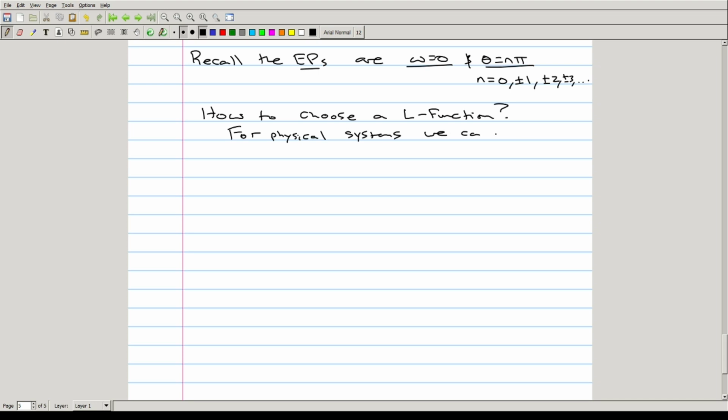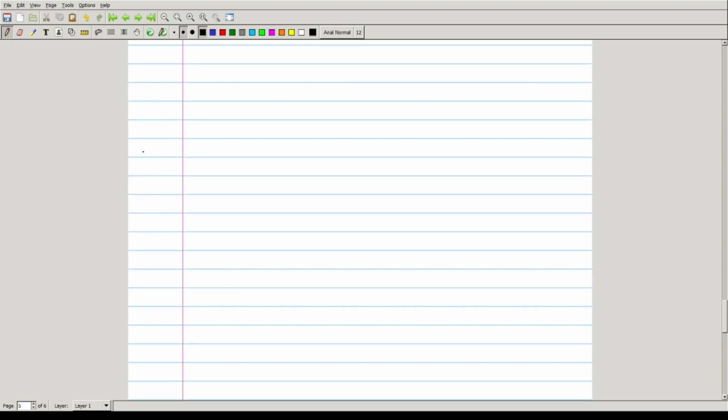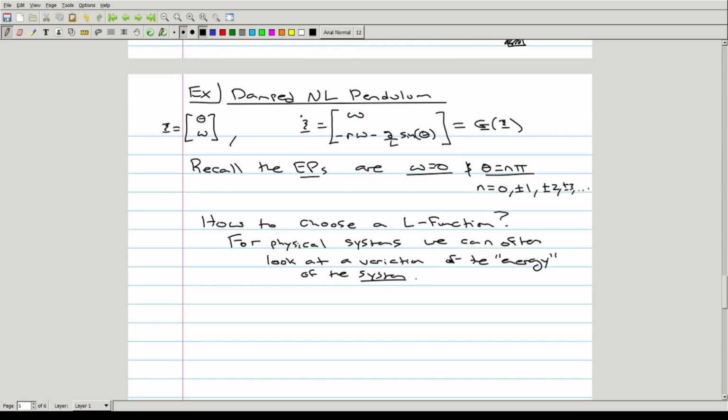we can often look at the variation of the energy of the system. Which is really nice. So specifically for this system,